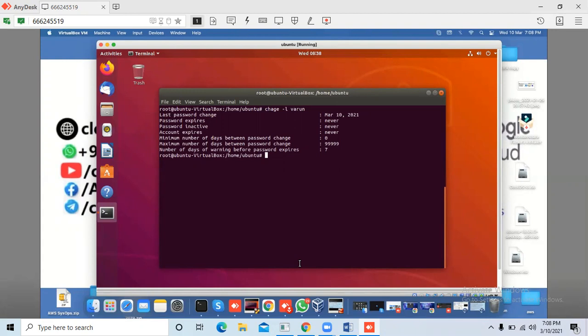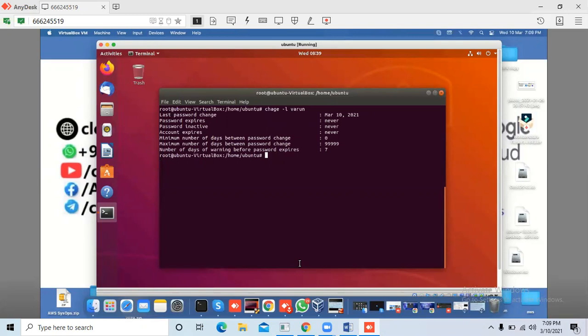Maximum number of days between password changes, and minimum number of days between password changes. Account expires, password inactive: if I set 2 here, that means I am still able to log in 2 days after the password expires.